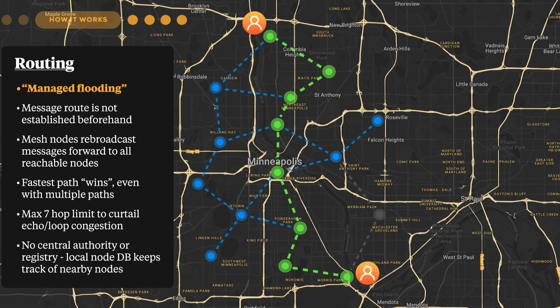So in this sense, it makes it really resilient to change. There could also be instances where the wind is blowing differently one day and one node that wasn't able to talk to another before is now able to talk to it for a little bit. So the mesh is truly dynamic in that way.